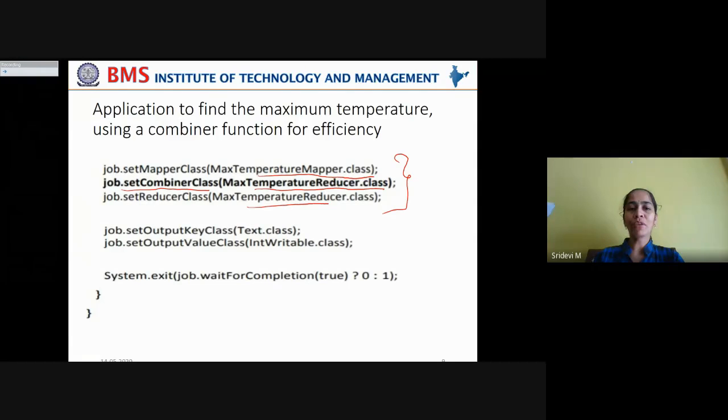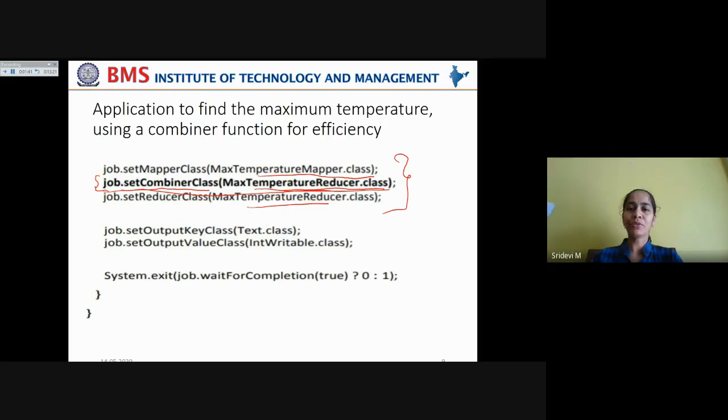Now the output of this combiner class, again in the form of key value pairs but in reduced form, is passed forward as input to the reducer class, which will give you the final output. So the only modification you have made is this single line. You're setting the combiner class on the max temperature reducer class, but it runs on the map class's output.